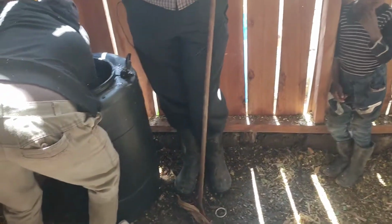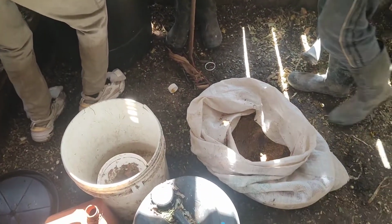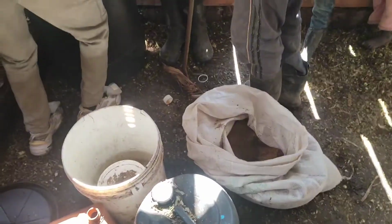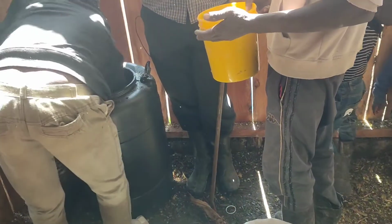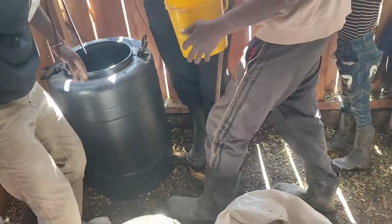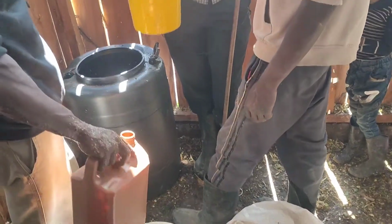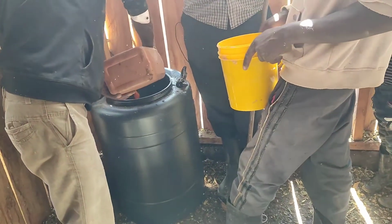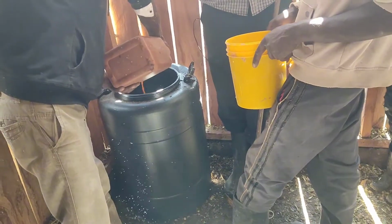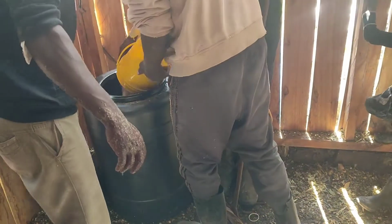And then you see all these other foods, you can also put them, but not the green cow food. I'm talking about these dry foods that we buy for our cows, the ones that are sold in gunias. Those ones you can put. Okay, yeah. So for the 100 liters of silage, and the reason why we are saying it is in liters is because